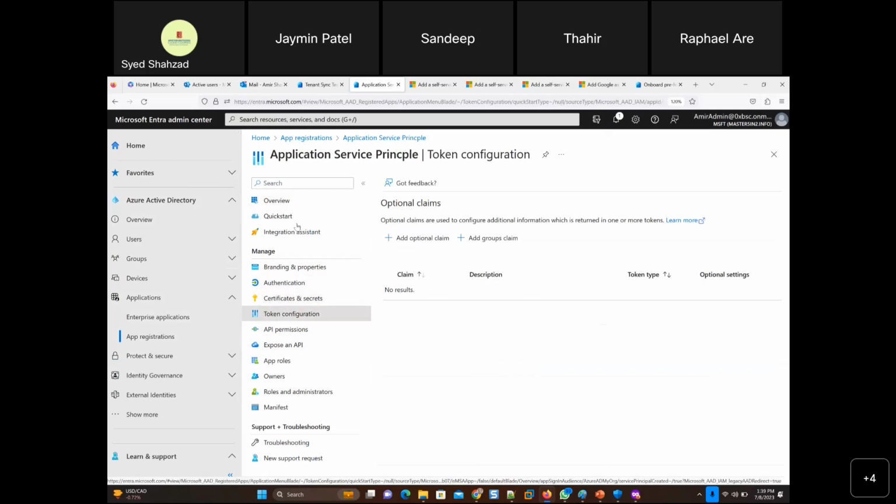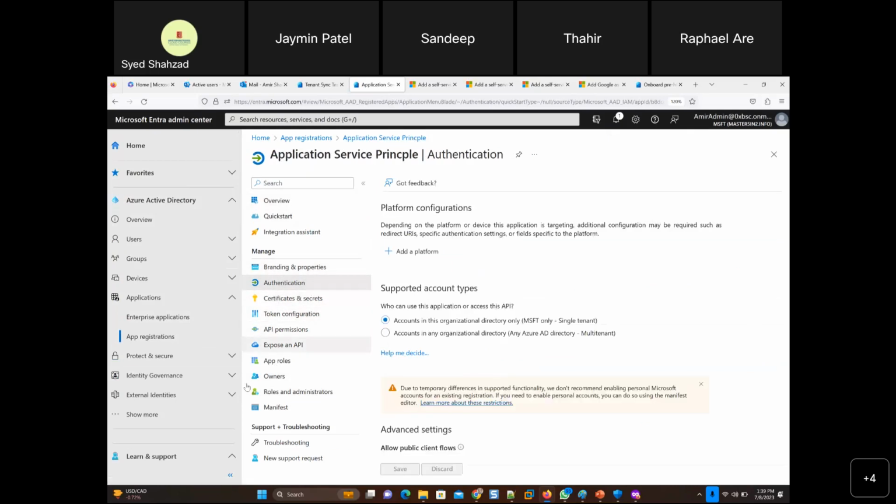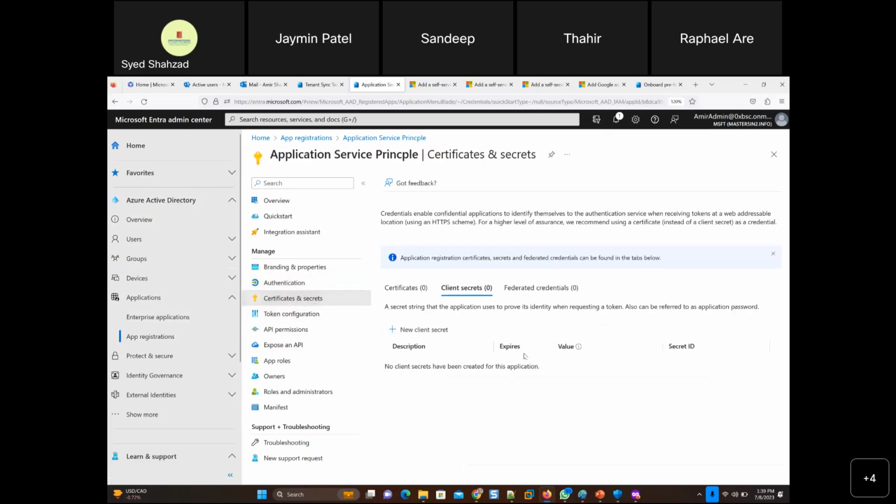You come here, you create an app registration, and you give this authentication information, especially the certificates and secrets information, to that application, whatever the application is running. And then the application simply uses the service principal to get authentication from Active Directory.